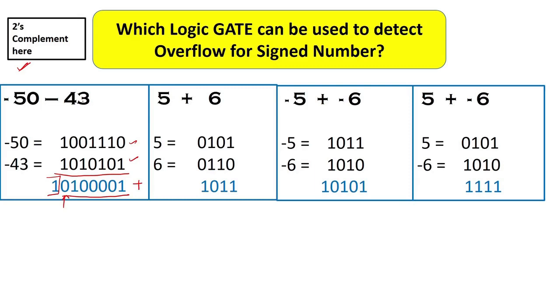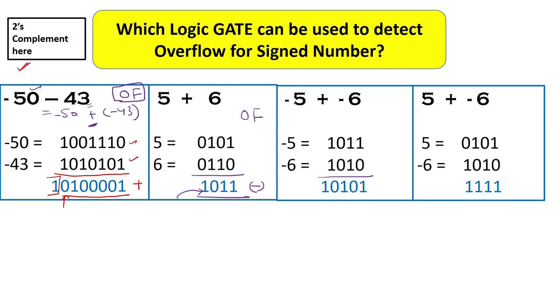So after we perform this operation, that is the subtraction operation, which is actually the same thing as addition, we got a positive answer. That is, we added two negative numbers, so this is a sign of the overflow, right? Now we add 5 and 6, both positive numbers. So we got this answer. Now this one is showing that this is a negative number. That means, again, while adding positive numbers we got the overflow.